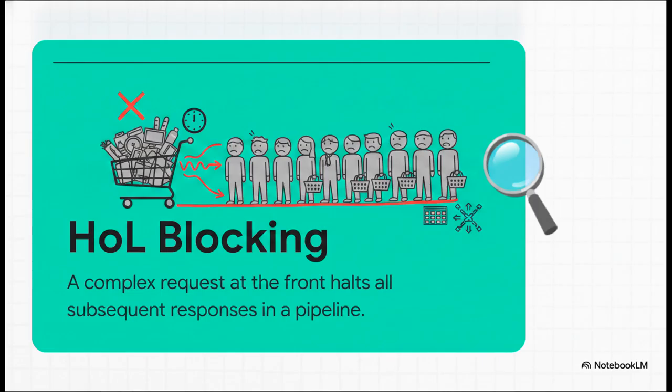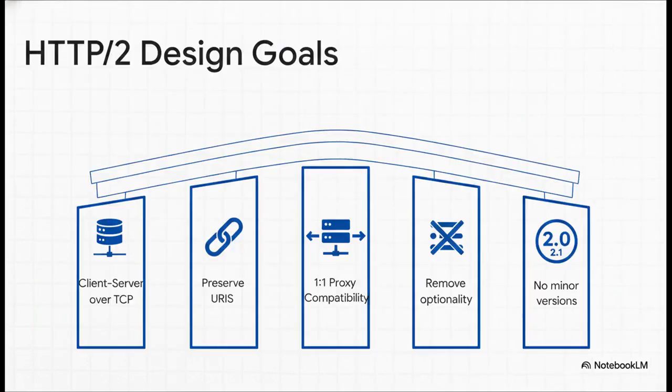To bypass this, developers had to rely on these awful, hacky kludges, like spriting to stitch images together or sharding to serve files across multiple hostnames, literally just to trick the browser into opening more concurrent connections. To fix this mess without completely breaking the existing web, the IETF's HTTP Biz working group had to set some